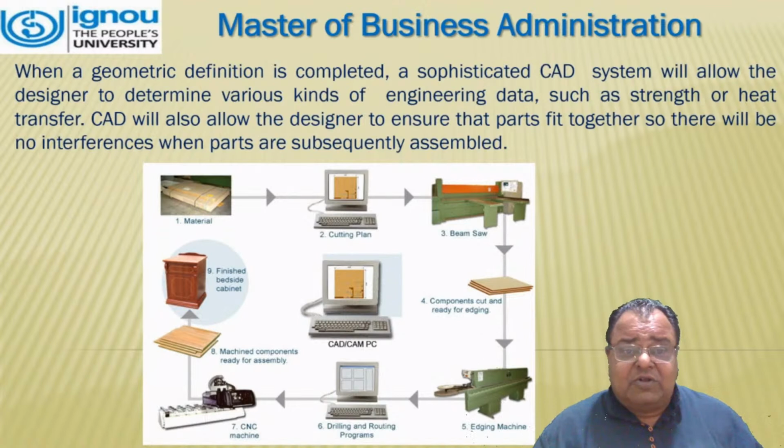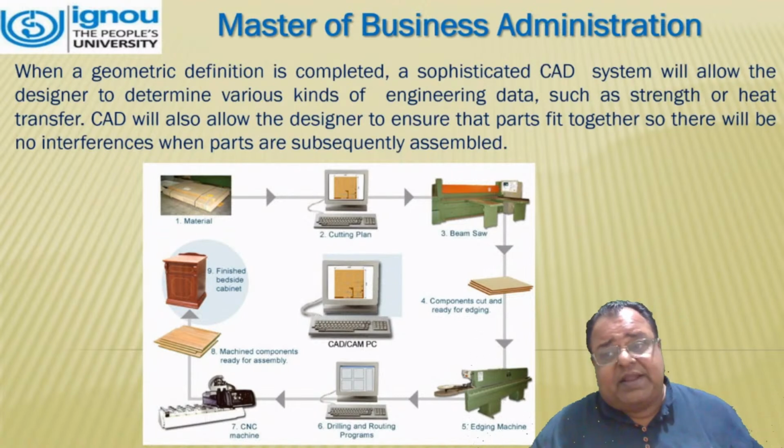CAD will also allow the designer to ensure that parts fit together so there will be no interferences when parts are subsequently assembled. Now, here is basically a simple example